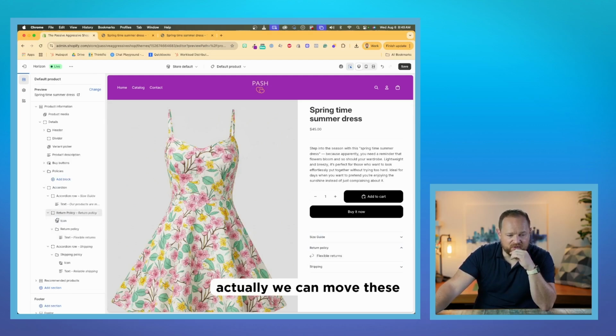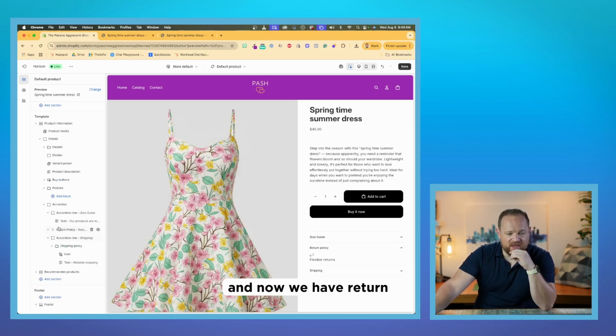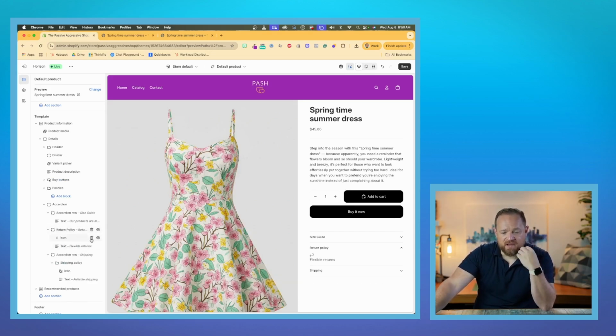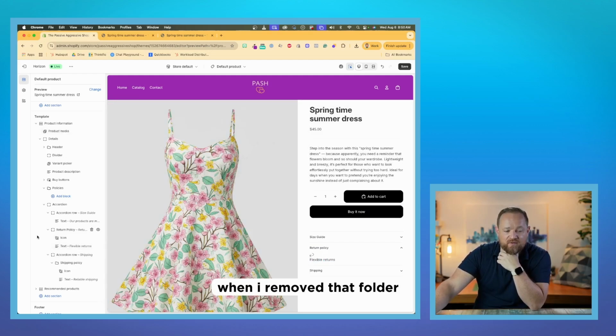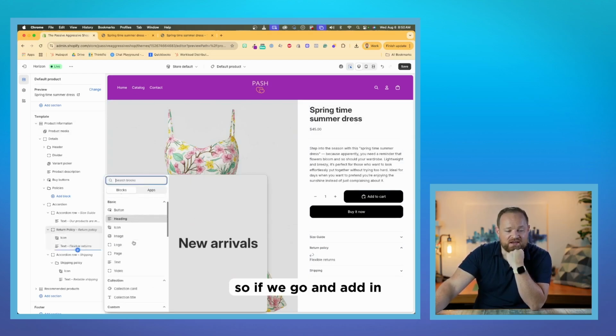Actually, we can move these out of their folder here. Great. And we can get rid of this extra folder here. And now we have return policy as one accordion, okay? Which is awesome. Now, as you can see, when I removed that folder, it's now stacked them on top of each other. So that folder that we had there, so if we go and add in,